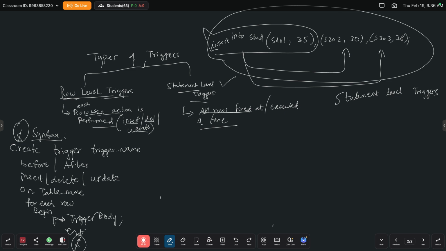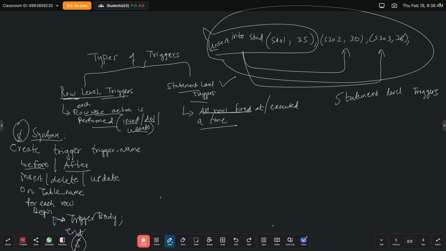For a trigger also you will have three different operations: insert, delete, update. It can be either before inserting the values into the table or after inserting the values into the table, you can perform these three operations. Yes or no? For example, if a new row is to be inserted, before inserting or after inserting you can take. After inserting into the table, you can do the different operations, that is update or delete. So here you are using either before or after. You can perform either insert, delete or update. Only one operation can be performed one at a time.